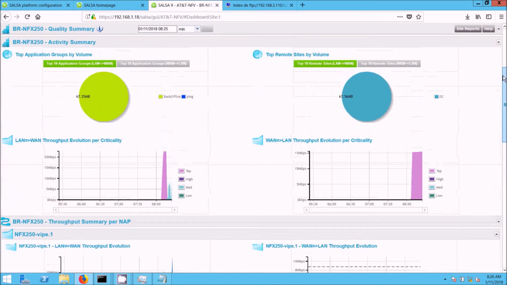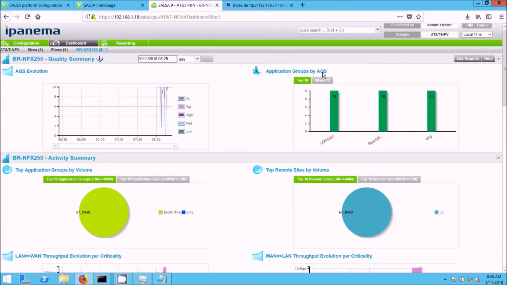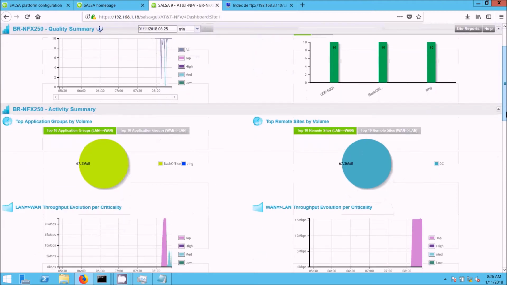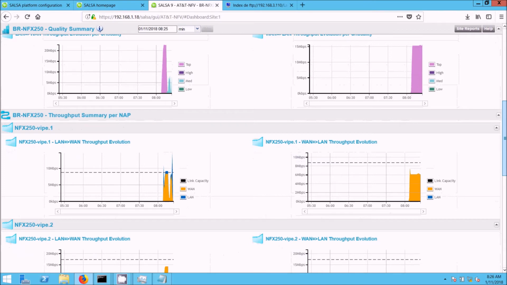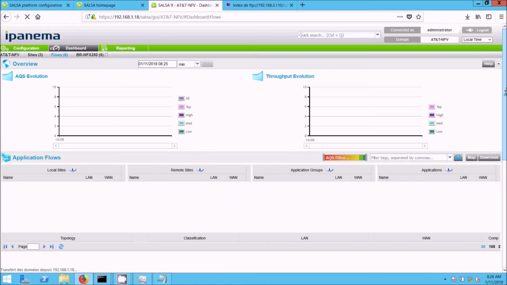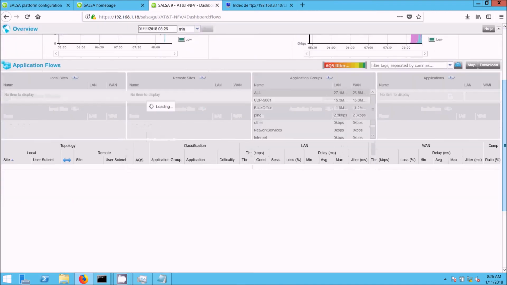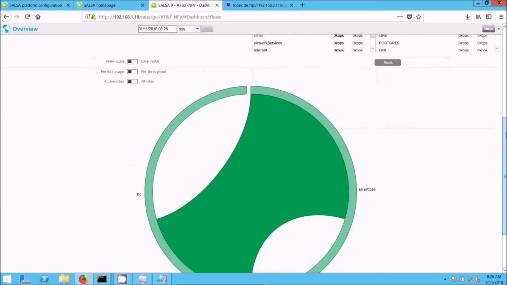You can see all that here, and our AQS for the 3 applications are behaving correctly. So UDP 5001, back office, and ping are in green, almost in 10. So respecting the SLAs of applications. Again, the peak of bandwidth, and here we have the distribution of the criticalities. Now let us look at the different flows, with the traffic metrics and the distribution of flows using the core